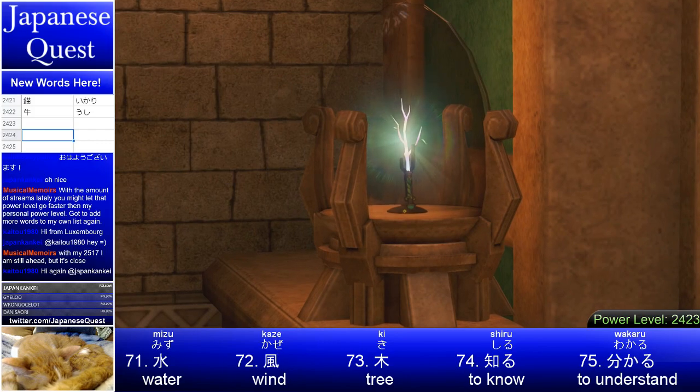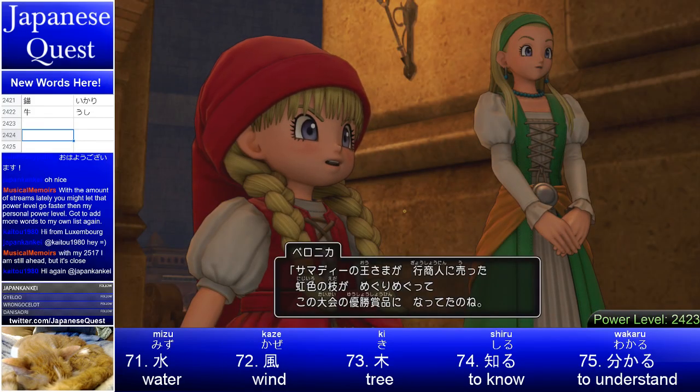Ooh, and that's what we need. サマディの王様が行商人に売った虹色の枝が巡り巡ってこの大会の優勝商品になってたのね。